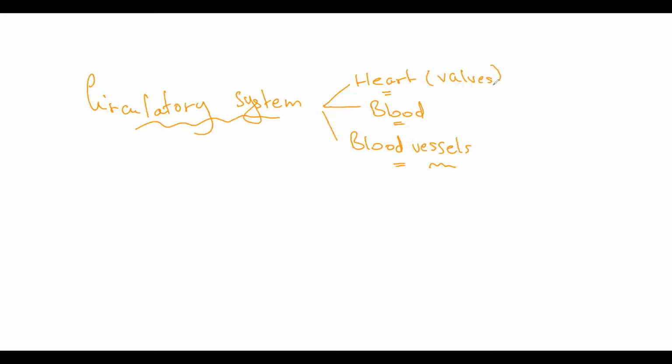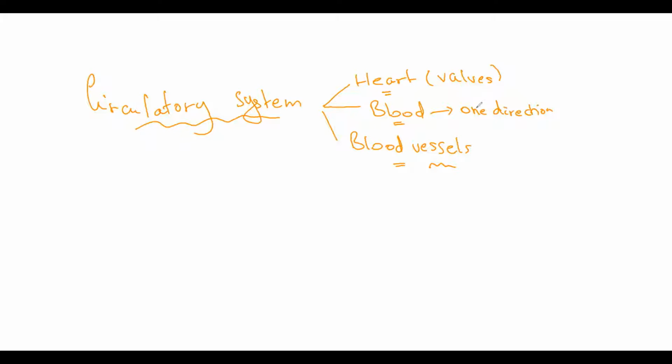These act like gates that open in one direction to allow the blood to move in one direction only. And when we deal with the heart, we are going to see where these valves are found. But the valves are important to allow the blood to move in one direction only